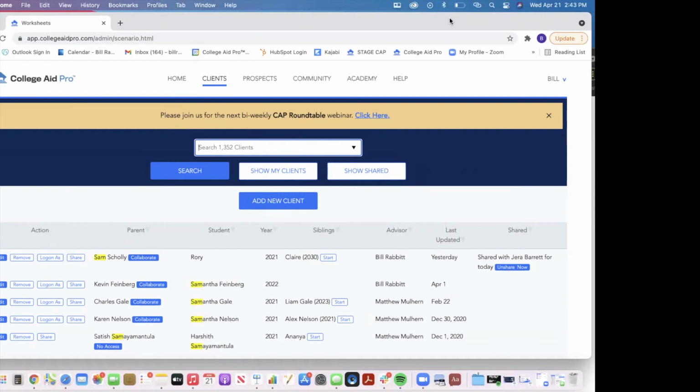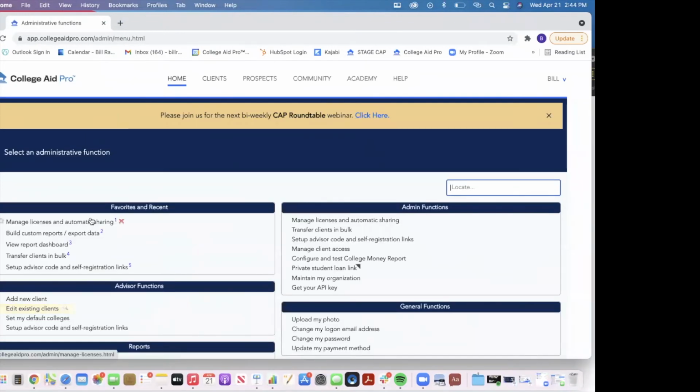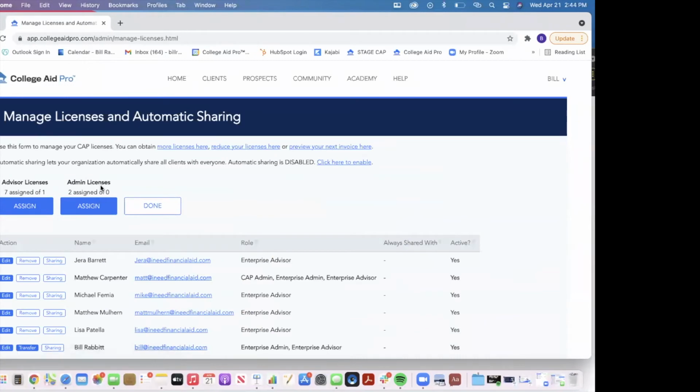So for existing advisors who have an individual license, this may be new. If you have a small office, it might interest you. The first thing is having the ability to build out your team within the same organization. Okay, so we're all starting, and again, to give a little bit more context, I'm going to show you our